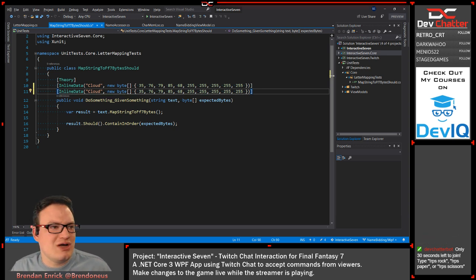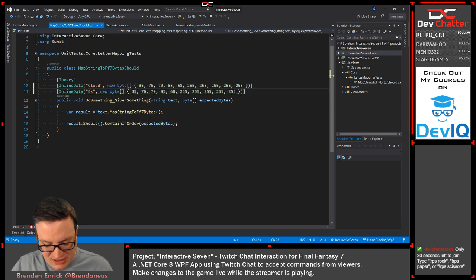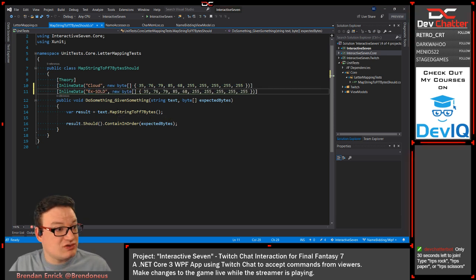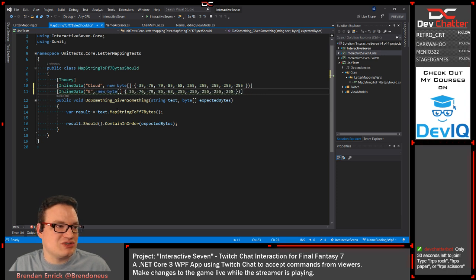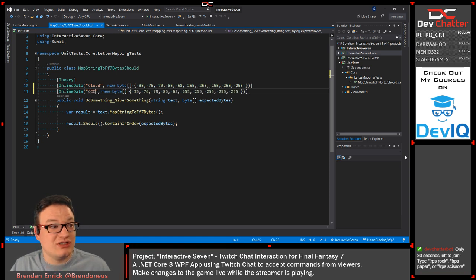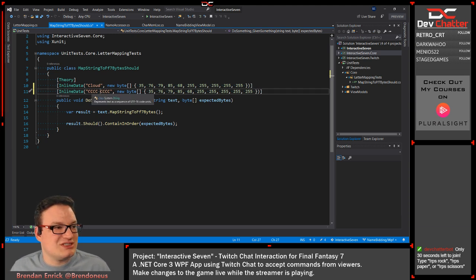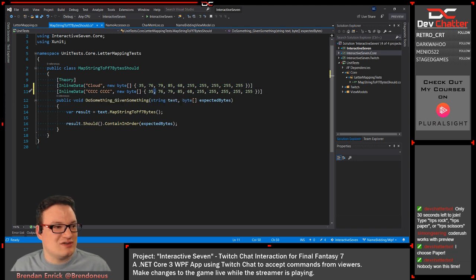Let's go ahead and try one that takes the full set of characters. Actually, do I want to do X Soldier? That's kind of long. Why don't we just do something easy like 1, 2, 3, 4, 5, 6, 7, 8, 9, and I'm going to replace the middle one with a space. So it is C 4 times and C 4 times. And so then for that one, we're going to expect it to be